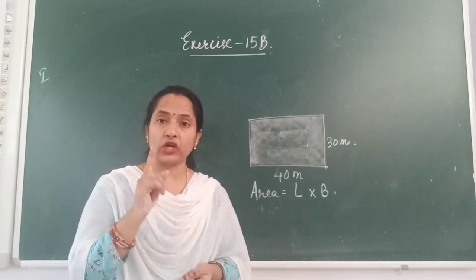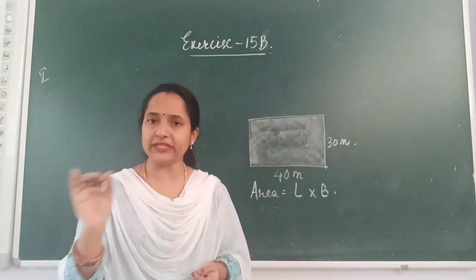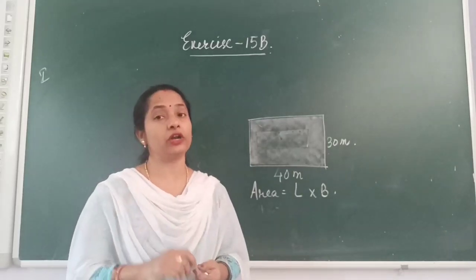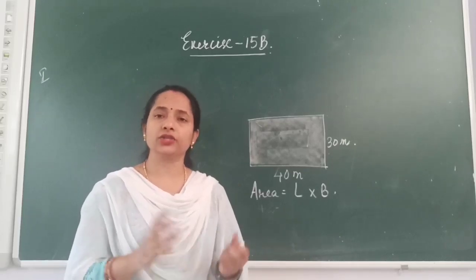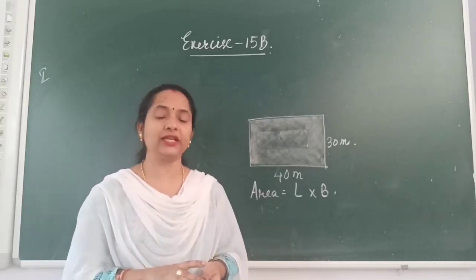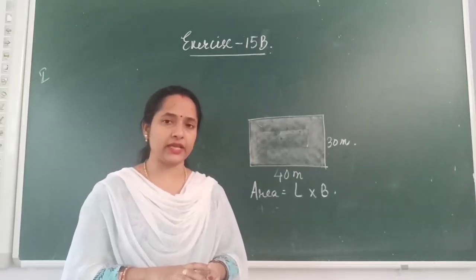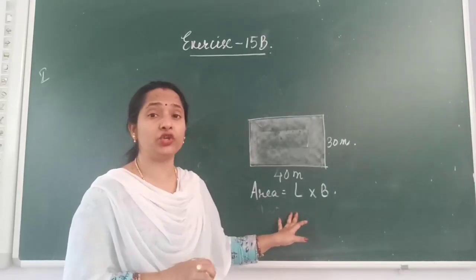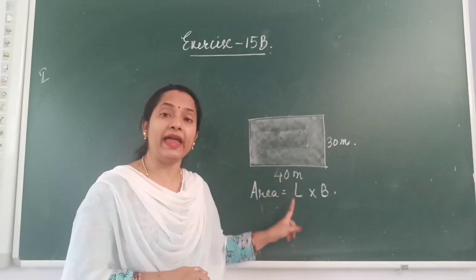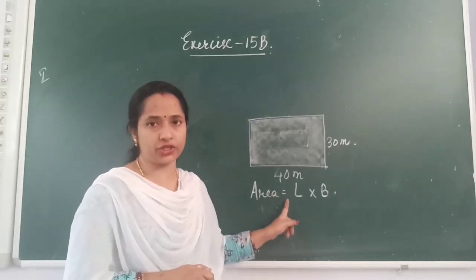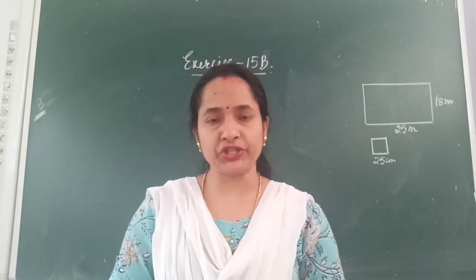So if the cost of mowing for 1 meter square is ₹6, then what will be the cost for mowing 1200 meter square of area? So simply you have to use the unitary method and find the cost of mowing the total area of the rectangle. So children, this is a small hint for you to solve. So go through this video if you don't understand once again and try to understand the sum and do it yourself. Okay. The next. Children, now let us come to question number 3.